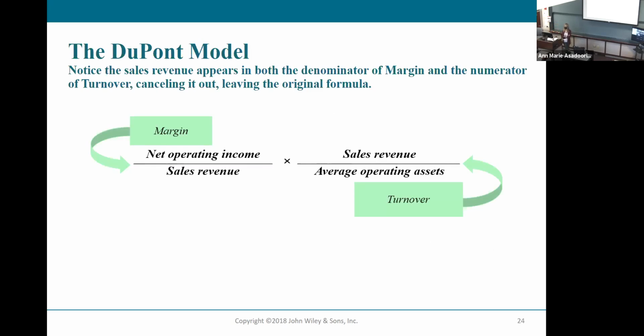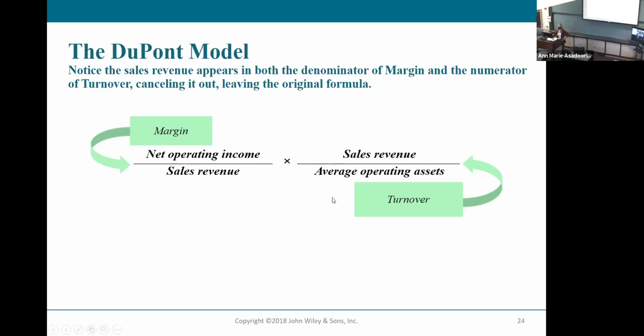So what DuPont did was they said, we're going to look at return on investment as margin times turnover. So margin is your net income divided by sales. Turnover is your sales over operating assets. And you can see if you multiply these 2 ratios together, then your sales revenue is going to get canceled out here. So basically it is the same original